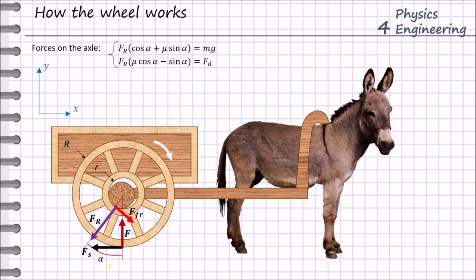The forces on the wheel will be the same as on the x actually, but in different direction. So we will have also reaction force, we will have the friction force, we will have the reaction force from the ground, and we will have the friction or stiction force, let's say, with the ground. And when we do the same procedure of projection of all the forces on the x and y axis, then we will have